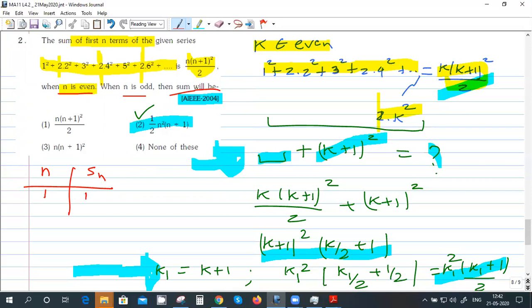It is 1. What do the options give? The first option, with n equal to 1, gives 1 into 2 square, 4 by 2, so it's 2. Once we get this wrong, we can eliminate it.